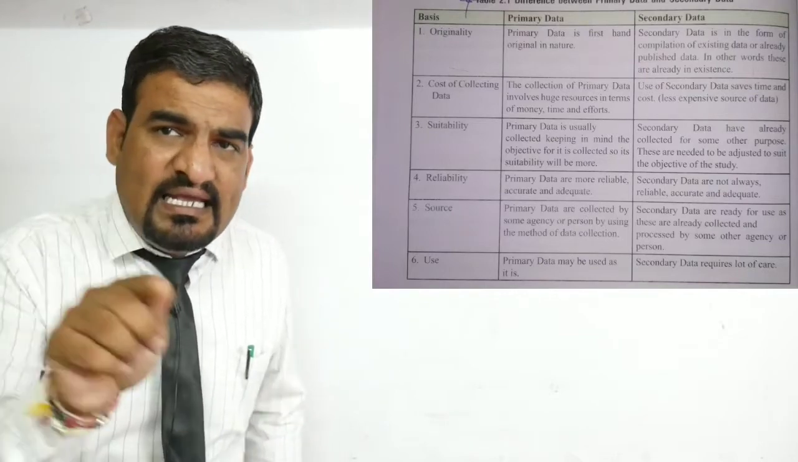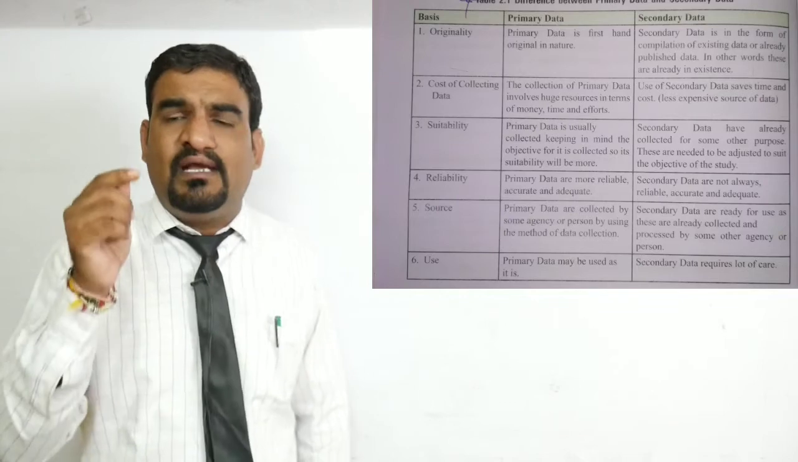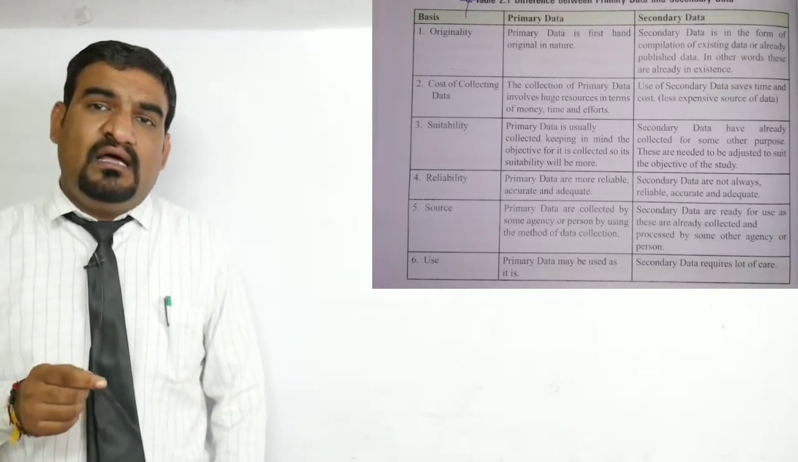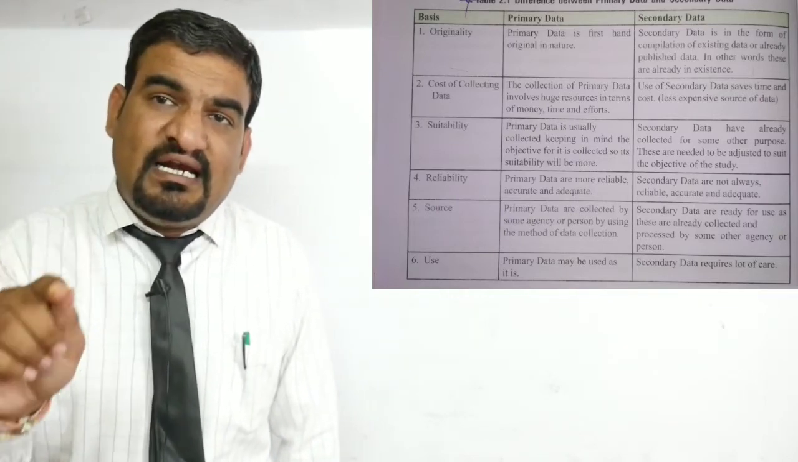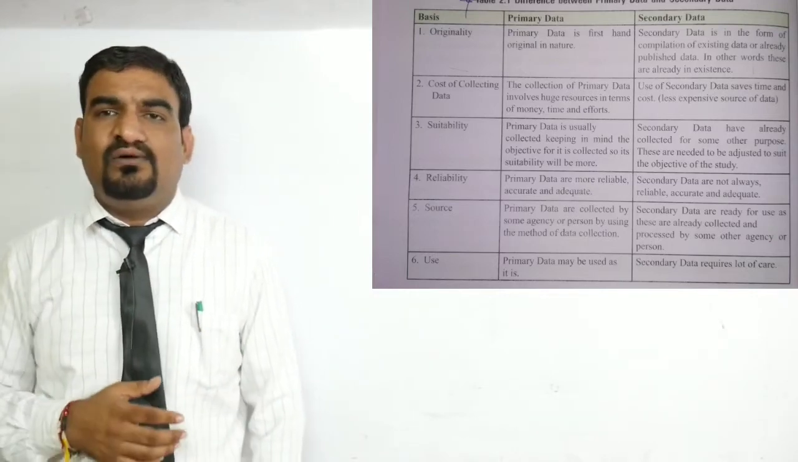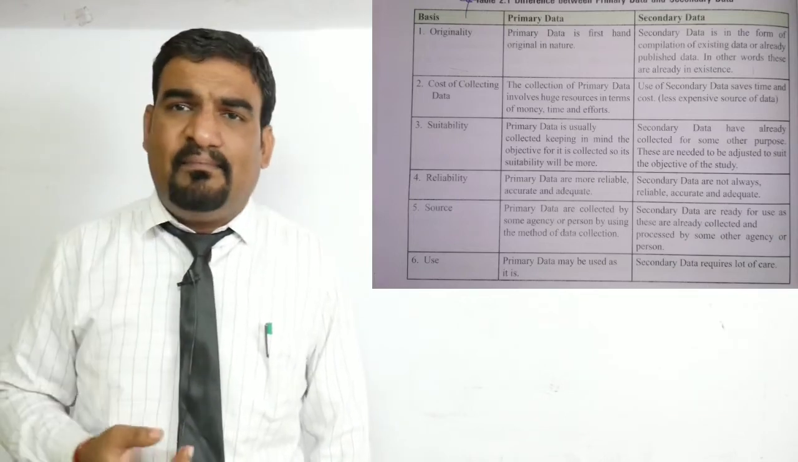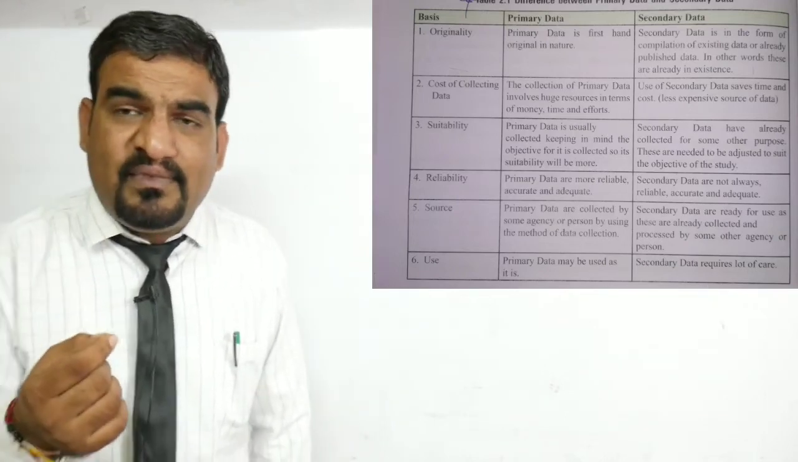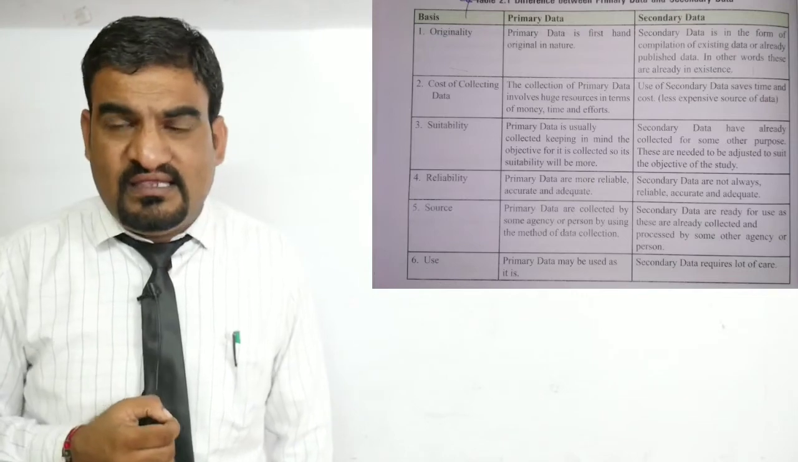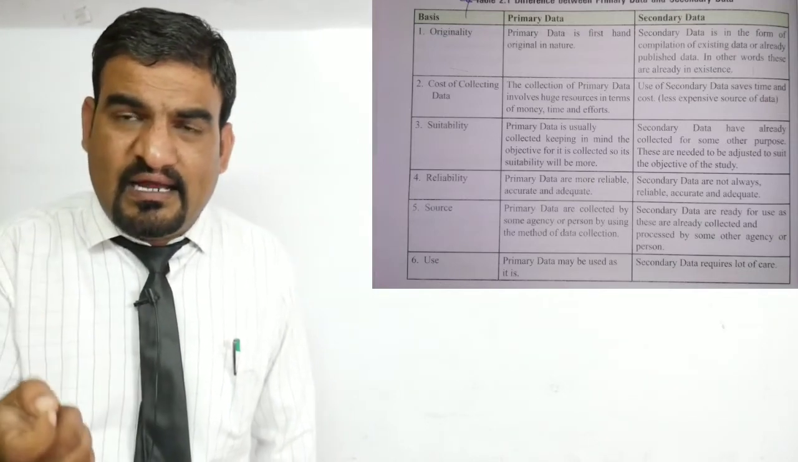So if we are collecting any data from any newspaper, from any magazine, from any government publications, then it is secondary data, and if we are directly collecting from the source, then it is known as primary data. I give you more examples of primary data: data collected by CSO, Central Statistical Organization, data collected by RBI,